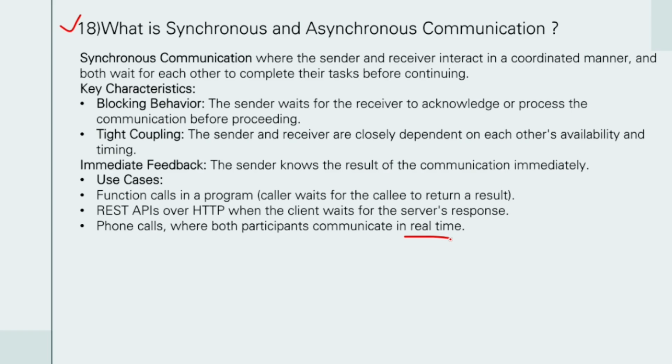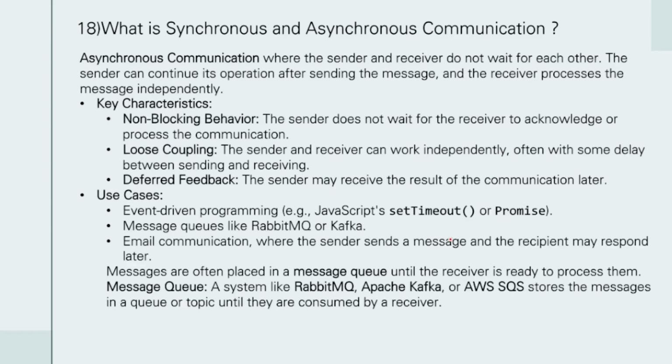Okay, now let's see what is asynchronous communication. Asynchronous communication is where the sender and receiver do not wait for each other. The sender can continue its operation after sending the message. The receiver processes the message independently. So they are not dependent on each other. Okay, key characteristics: